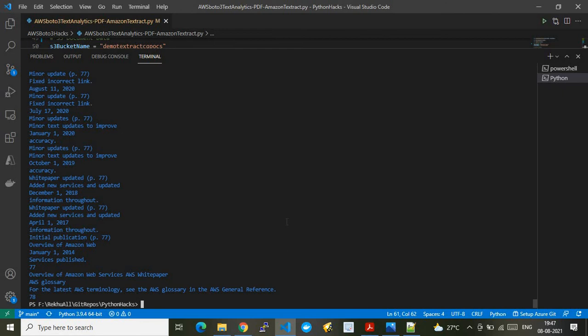As I explained, not only for PDF documents, we can leverage it for any kind of document and extract the raw data, any kind of form data or any kind of table data. Think like this: once you have the source data and a business requirement of dynamically extracting the raw data from documents, it can be an image, a Word document, a PDF document, any form of document, and you want to extract the data dynamically.